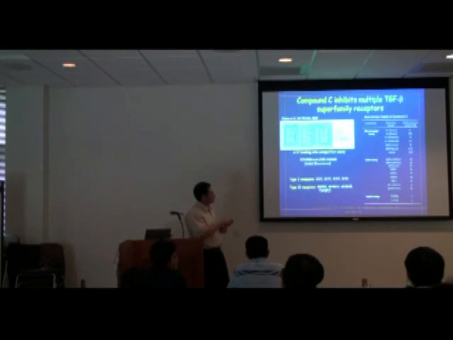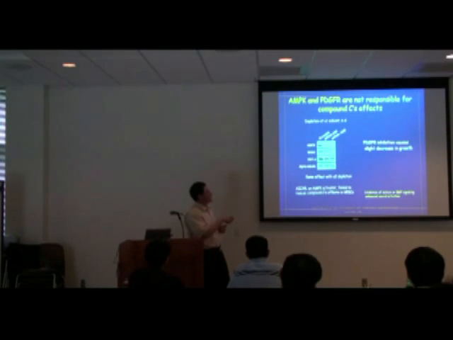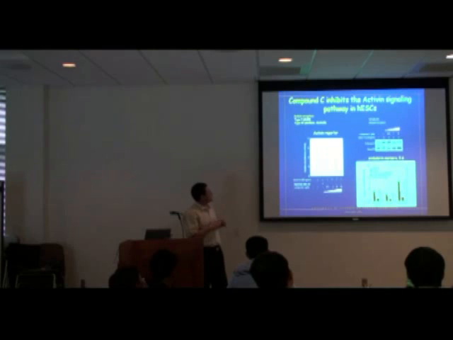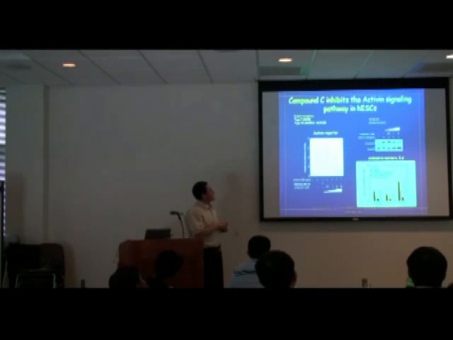And PDGF also turned out to be a major target, and then we knock it down, only seeing a slight decrease in growth. So this is not something we saw with compound C. So that's not the target, at least in human cells. So we begin to focus on the TGF-beta family receptors. And then we know that it has been shown previously that the activin pathway and also the BMP pathway are involved in the regulation of neurodifferentiation. In that, if you block the activin pathway or the BMP pathway, you enhance neuroactivities. So that's the reason we begin to focus on these two pathways.